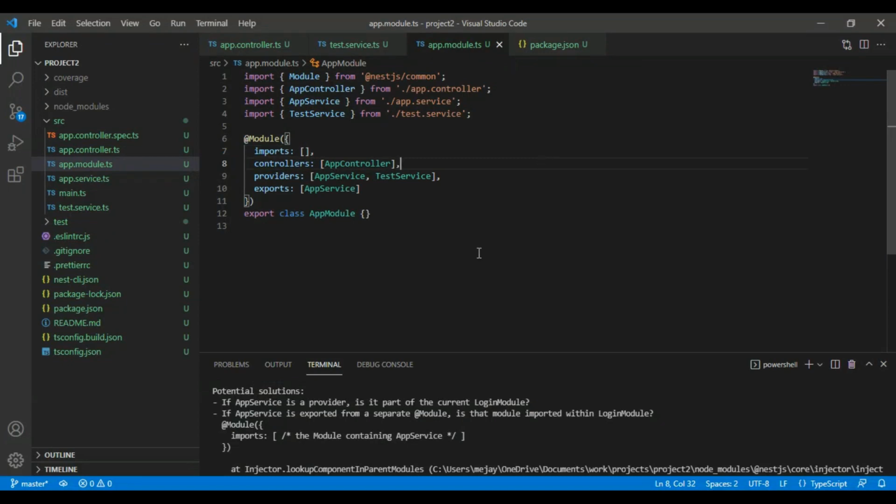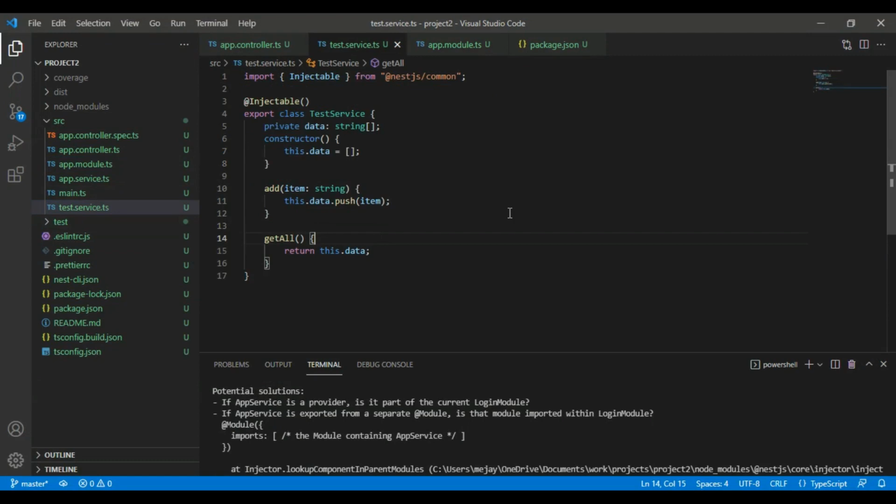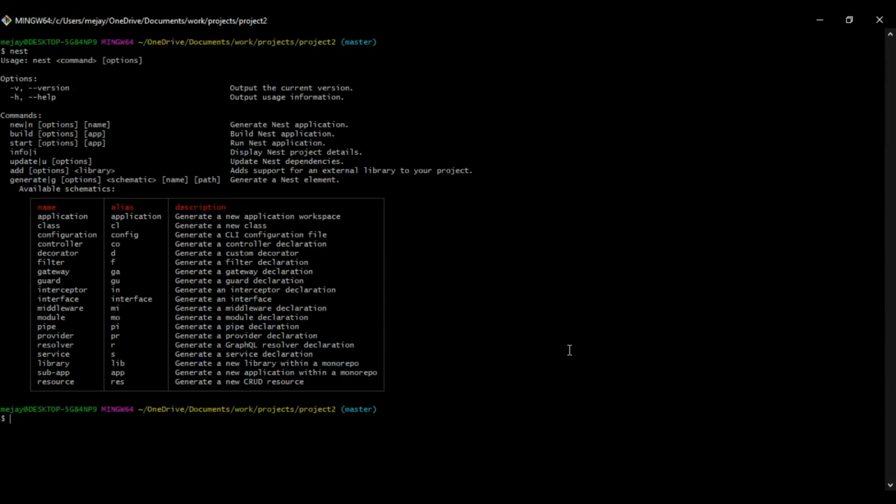Last time we saw how to create a test service, and we created everything manually. Today we are going to generate everything using the nest command. You can see all these commands here and how we can do that.